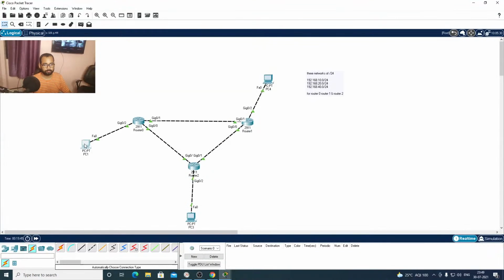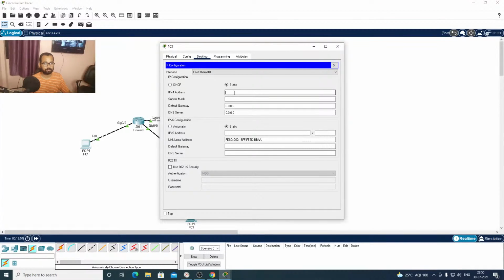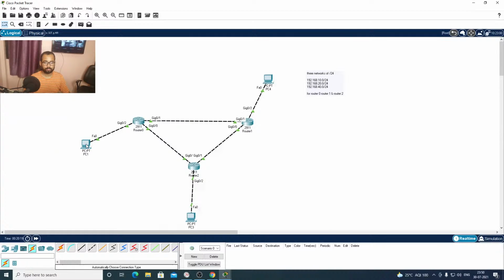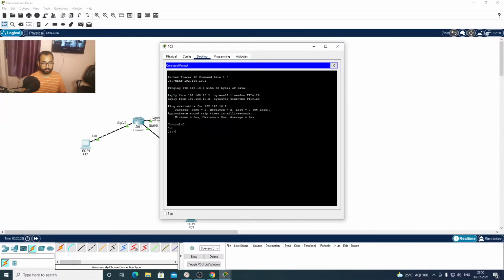Similarly, we'll do it for PC1. And again, we'll check the connectivity here. So we are getting the connectivity here.